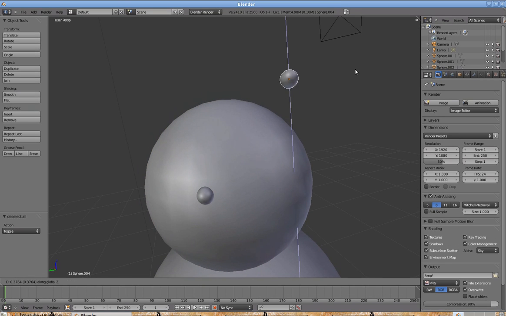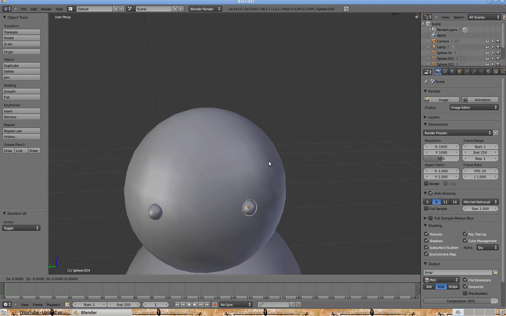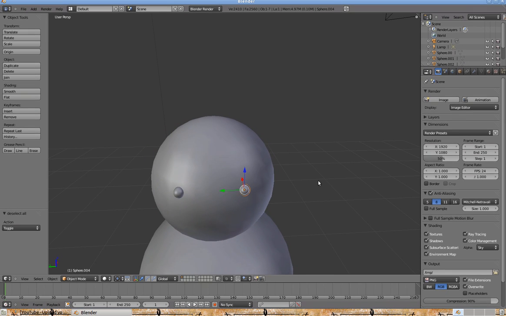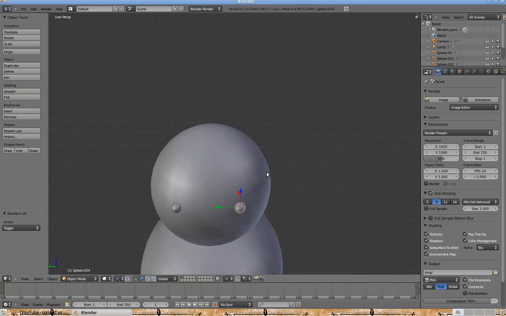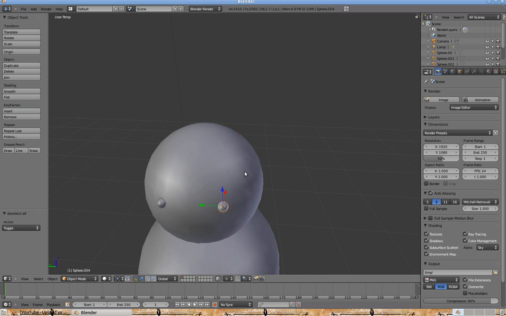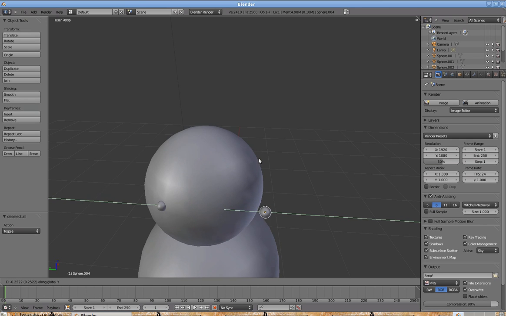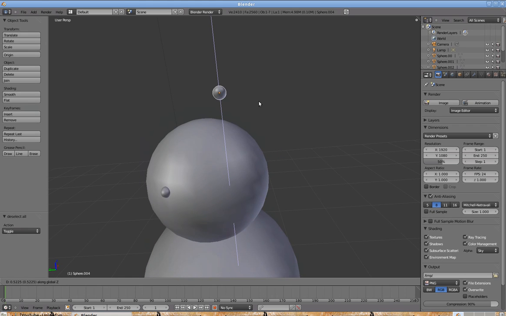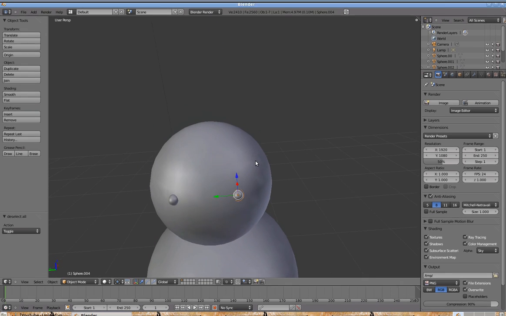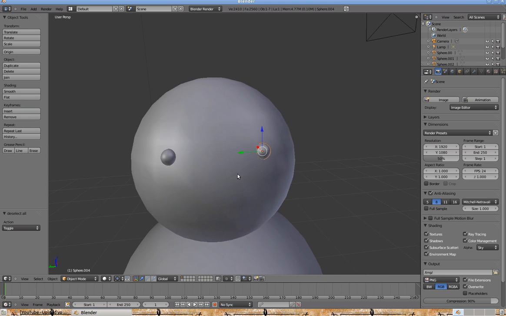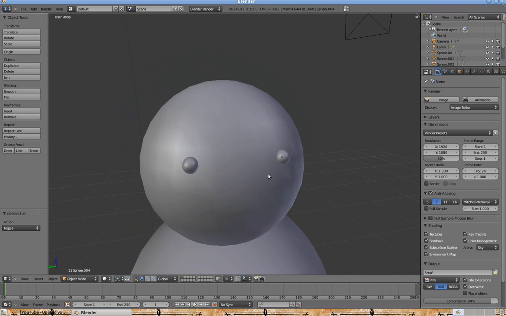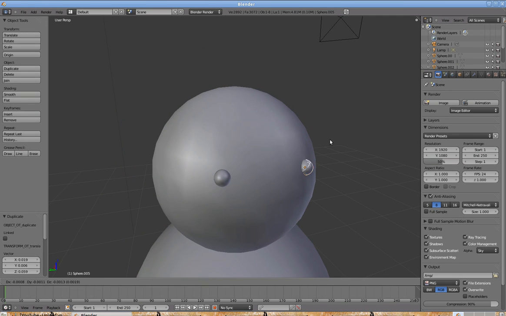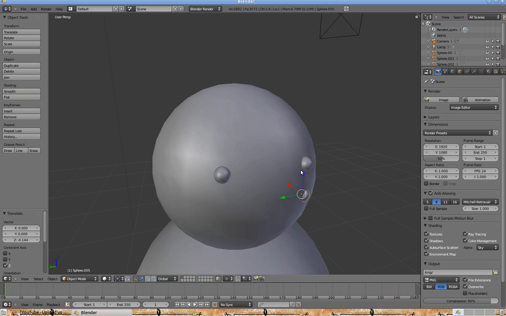and the way I'm moving these around is I just press G and then whatever axis you want to move it on. So if you want to move it on X, which is frontwards and backwards, and if you want to move it side to side, then you press G, Y, and that moves it side to side. And if you want to move it vertically, then you just press G, Z, which moves it up and down. So I'm just going to do that and duplicate this, make some mouth parts,